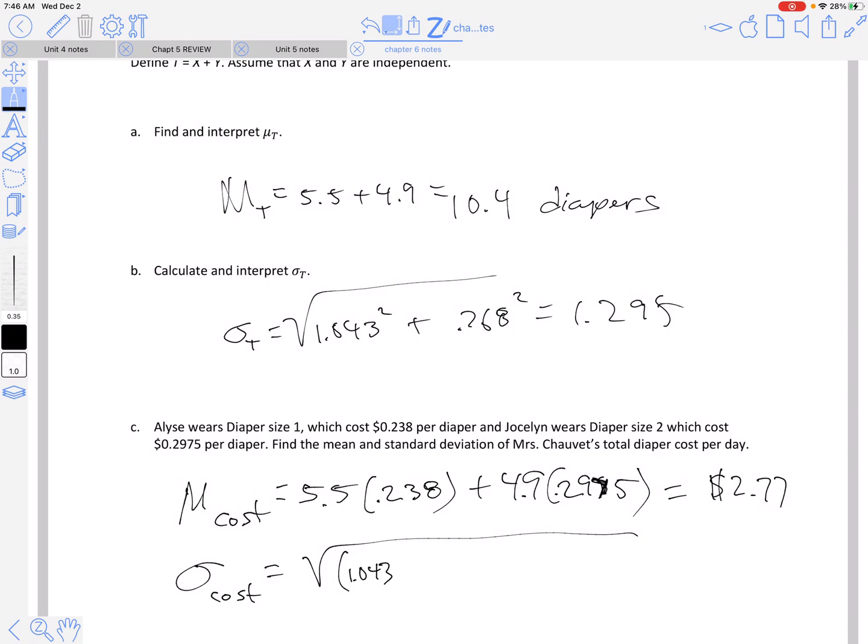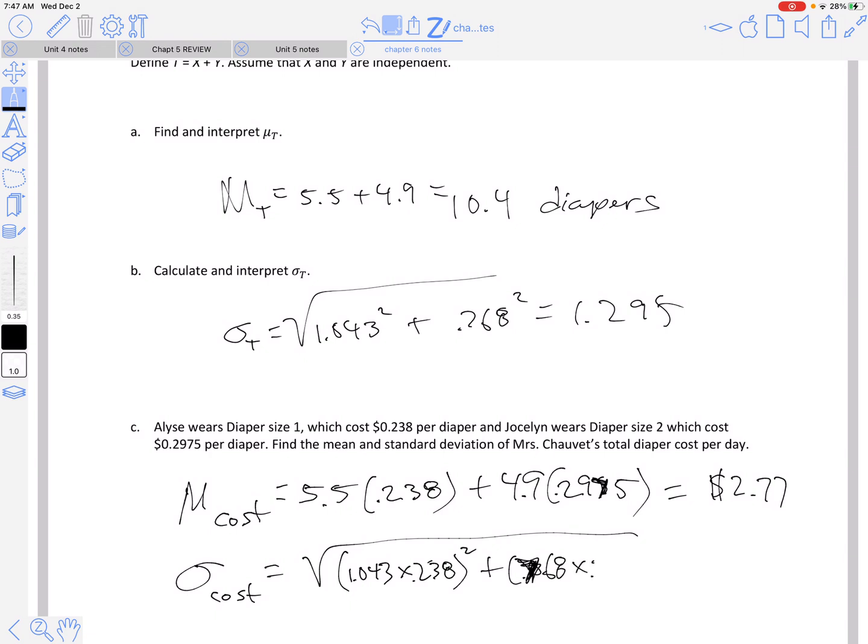So we're going to take our standard deviation, multiply it by the price, right? So we can find the typical cost. But we don't want the standard deviation of the cost. We want the variance of the cost. Remember, these are the standard deviations, 0.768,